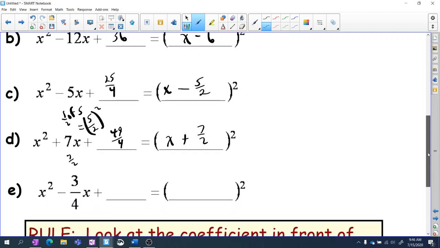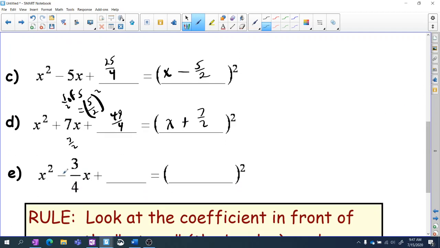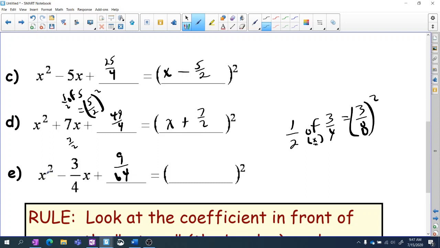Alright, let's say the middle term is already a fraction. Take half of 3/4. I'll put it over here so we can see better. Half of 3/4. Of means in math to multiply. So half of 3/4 is 3/8. There's half the middle coefficient. Square it. Square the numerator, square the denominator. So this would become 9 over 64. Take the square root of the first term, sign of the middle term, square root of this one,